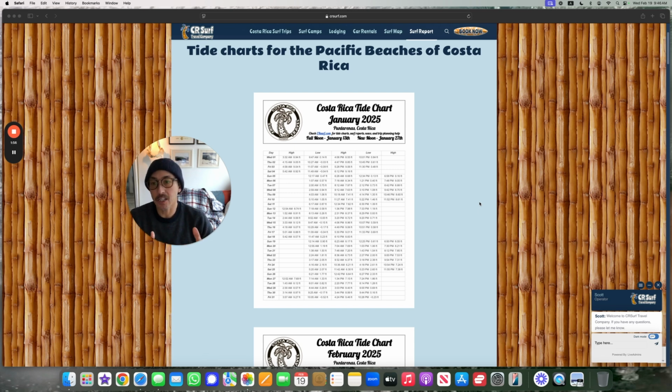You cannot generalize based upon what ocean it's in whether the tide is going to be semidiurnal, diurnal, unequal, or equal. Each place, each basin has its own way of resonating with the sun and the moon. And the only way you can know that is by reading these charts or by being a scientist and getting into the other details. So this is a tide chart,